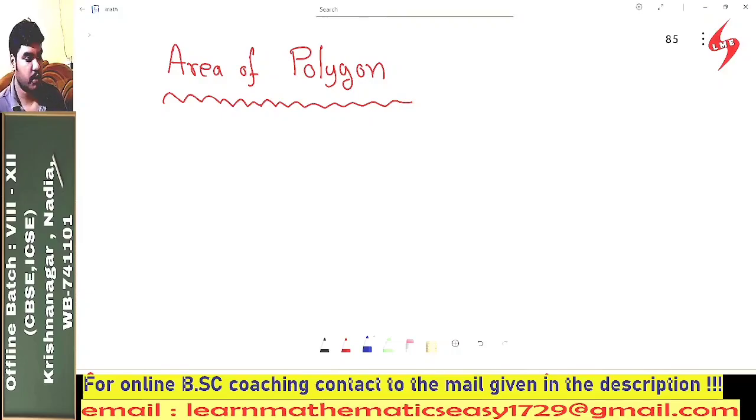Hello everyone, today we are going to talk about how to find the area of a polygon. Before starting this topic, we should know some formulas for the areas of some geometrical figures, such as if